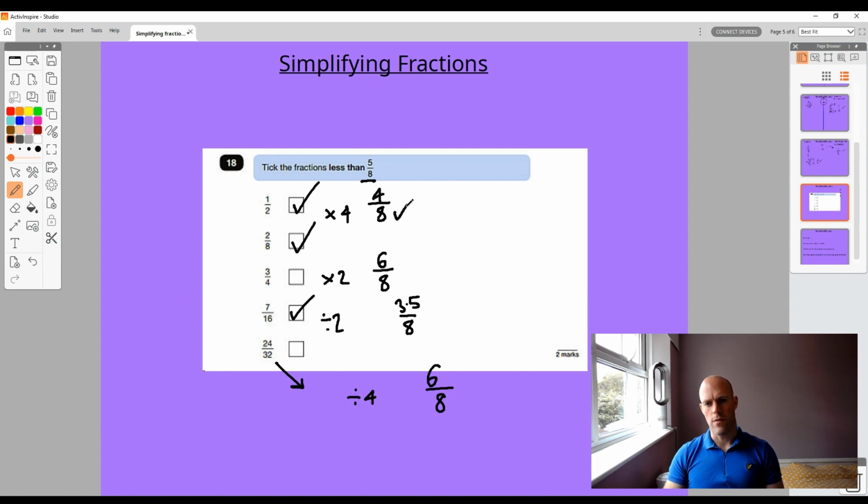You'll notice we've got eighths, eighths, eighths, eighths. So taking that first step to set yourself up and making sure your denominator matches what the question's asking for, then you can answer it. Don't start guessing and thinking, oh yeah, 3/4, that's pretty much going to be, I don't know. Work it out for yourself. Do the workings out on the paper or on the question, and then you can safely answer the question. That's just 2 marks. So really worth taking the time, but it only took about 60 seconds or so to